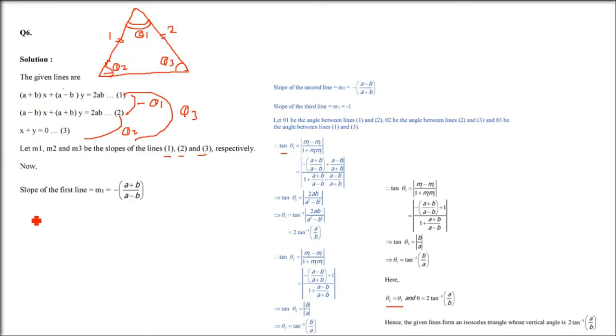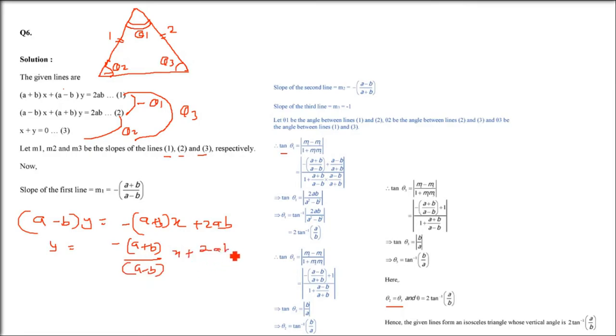So we'll take the m. Here let me tell you the m also first. First the slope. So (a plus b)x plus (a minus b)y equals ab. So a minus b, I am taking y on the left hand side, other on the right hand side: (a minus b)y equals minus (a plus b)x plus ab. Now divide both sides by a minus b. So what do you get? Minus (a plus b) by (a minus b) x plus ab by (a minus b). So what is this? This is your slope. m1 is here.